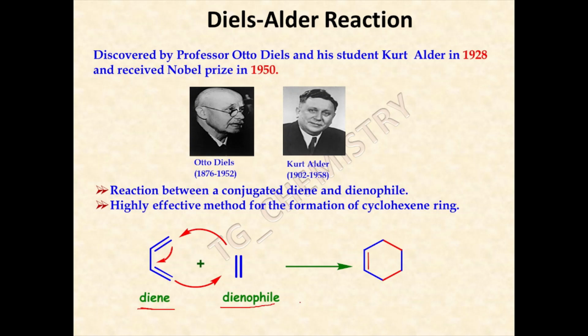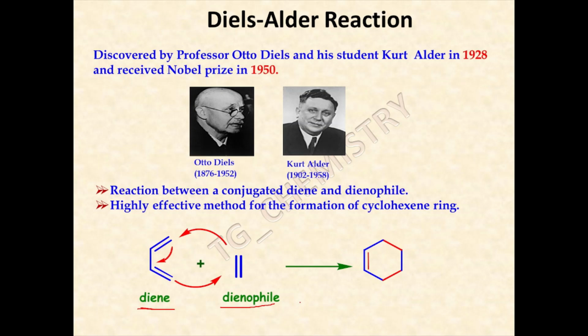So dienophile means an olefinic pi system which loves to react with the diene. So these are dienophiles. The dienophiles can be of open chain or cyclic type. I will come into details when I talk about different dienophiles and their preparation,